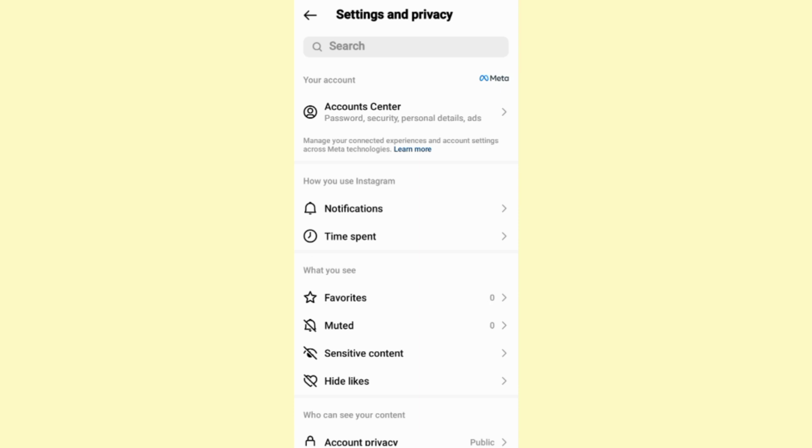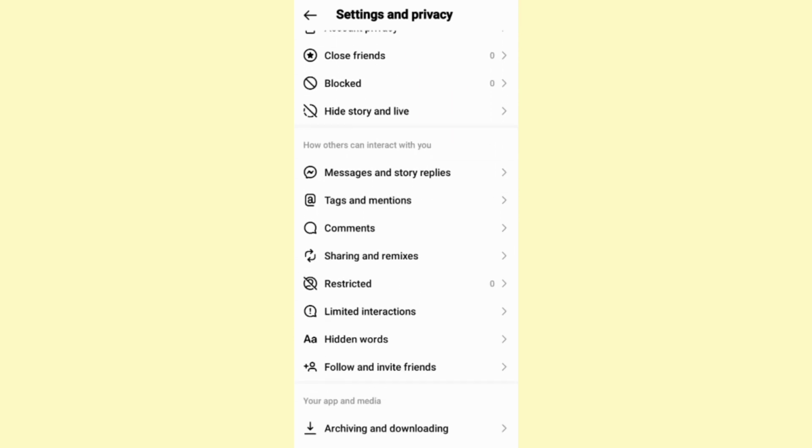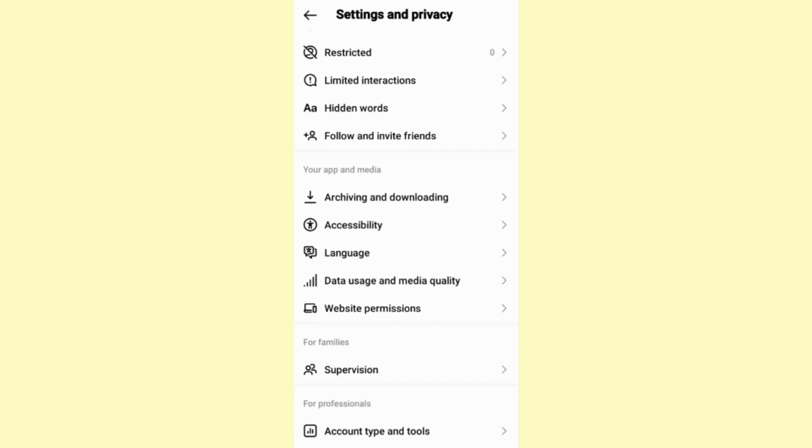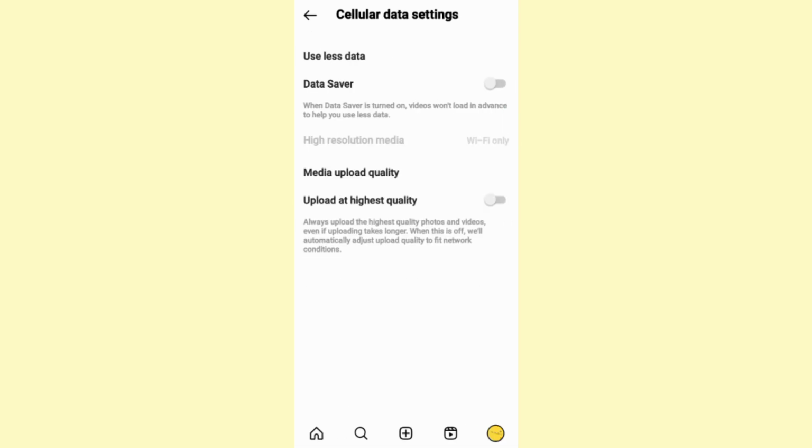Once this page opens up, you will need to scroll down till you find a section called Your App and Media. And from there, click on Data Usage and Media Quality. You will be redirected here, in which you will see a section that says media upload quality, and it has an option that says upload at highest quality. Now as you can see, it tells you always upload the highest quality photos and videos, etc. Now the next step from here is to click on the toggle next to that option to turn it on,